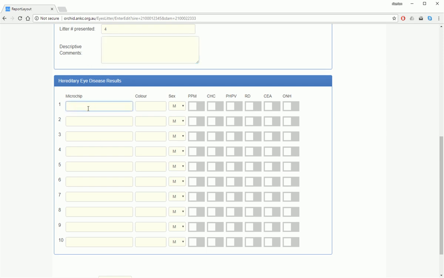And then for each of the litter mates, we can start inputting the microchip number, color, that's the coat color, select the sex, and if a condition is not present, then we just leave these as is. But if the condition is present, then we would just click on it, or click on it again to undo it,